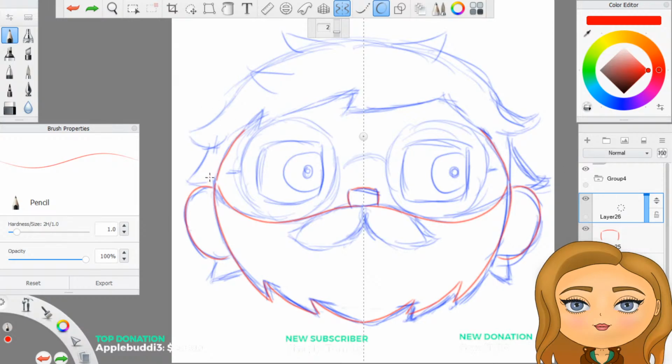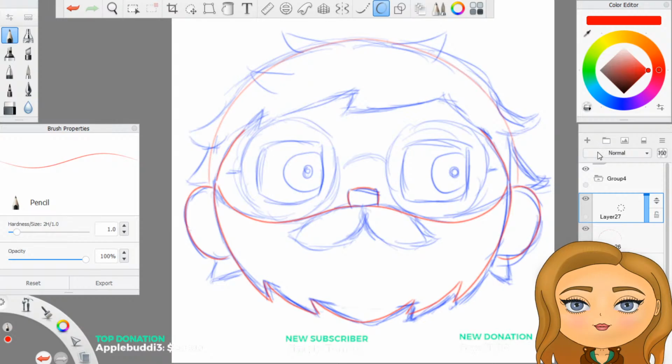Although I should do like a rough head outline situation, just so I know where to bring all of these lines into.